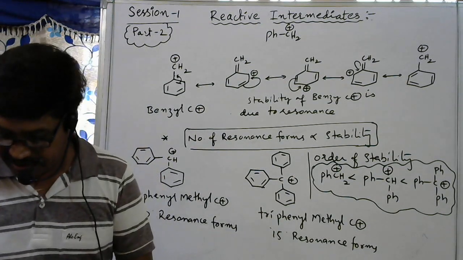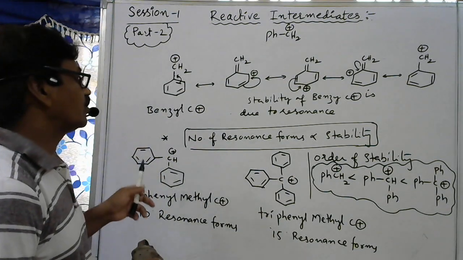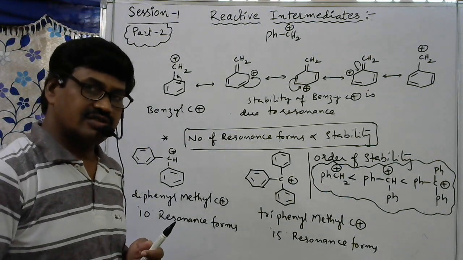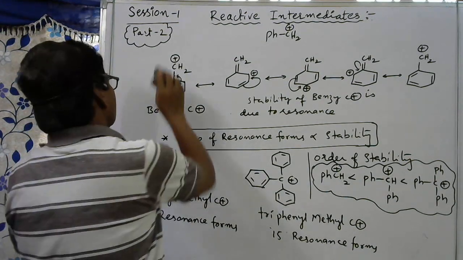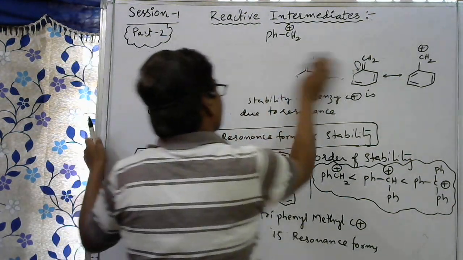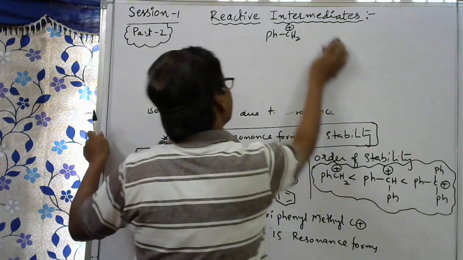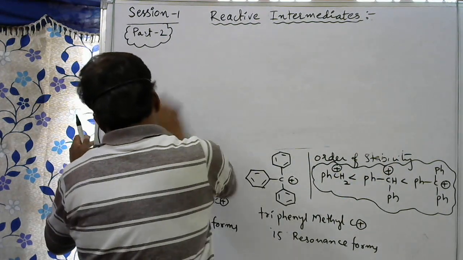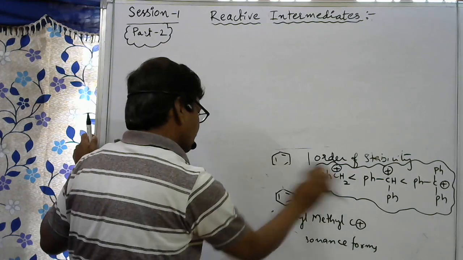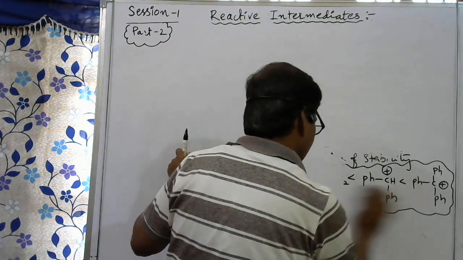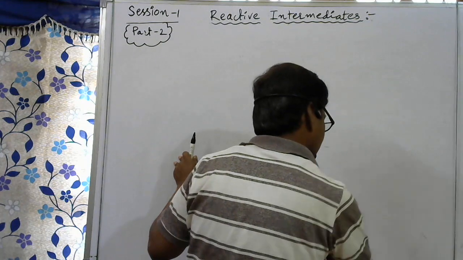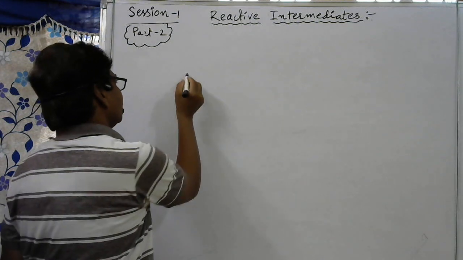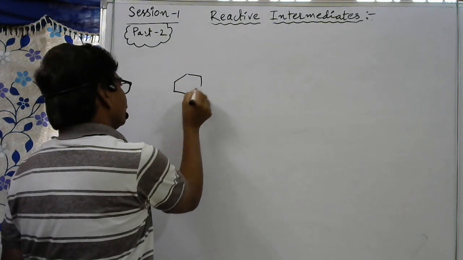This is one thing. Then on benzyl group or benzyl carbocation, if electron releasing and electron withdrawing groups are present, how it affects stability, that also we'll discuss. So the effect of electron withdrawing and electron releasing groups on the stability of benzyl carbocation. On benzyl carbocation, if electron releasing groups are present, what happens? If electron withdrawing groups are present, then what happens? See here, for example, this is